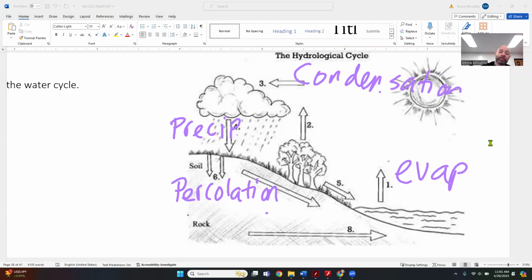From that underneath, we can have groundwater, which will eventually be moving its way across our landscapes. If you think about digging a well, there needs to be water down there for you to be able to dig to. Here, coming down the hill at number 5, we have runoff.